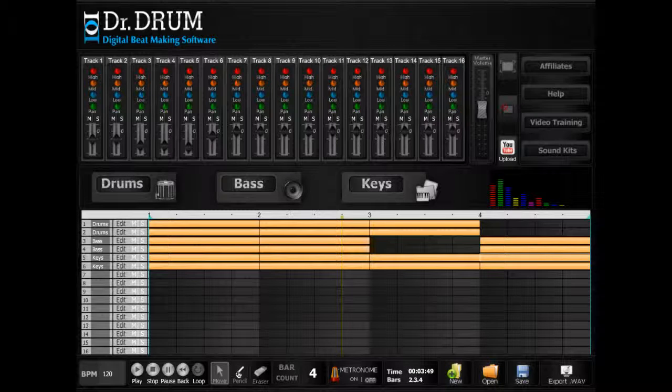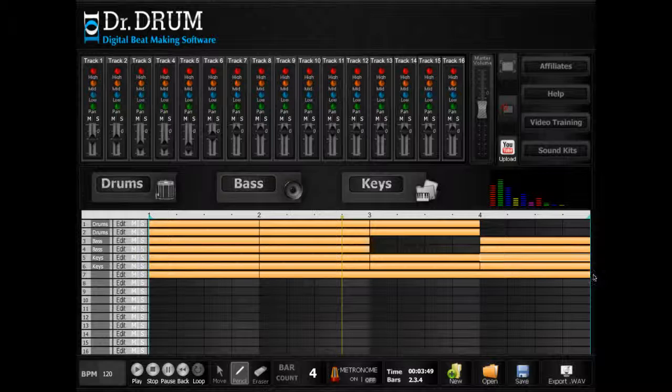To create a longer beat region, click and hold down the pencil tool while dragging your mouse to the right. As you drag it all the way to the end of a bar, you can see that it will extend the length of the region. I'm just going to drag it all the way across the timeline and release it, creating a beat region 4